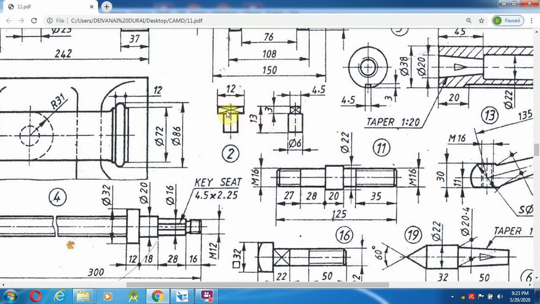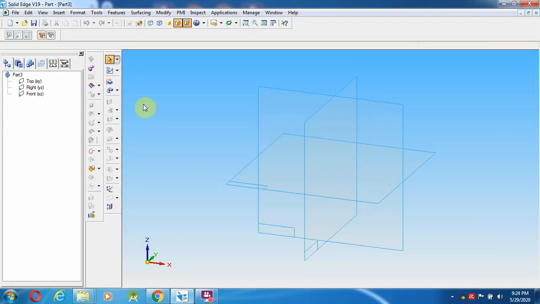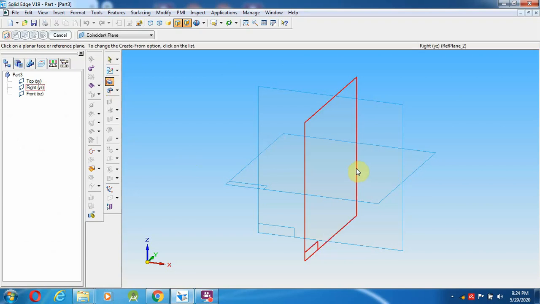In the front view, the length is given as 12 mm, the height is 3 and the width is 4.5, and there is also a pi 6 mm diameter. First we have to create the pi 6 mm diameter with the help of the protrusion command.